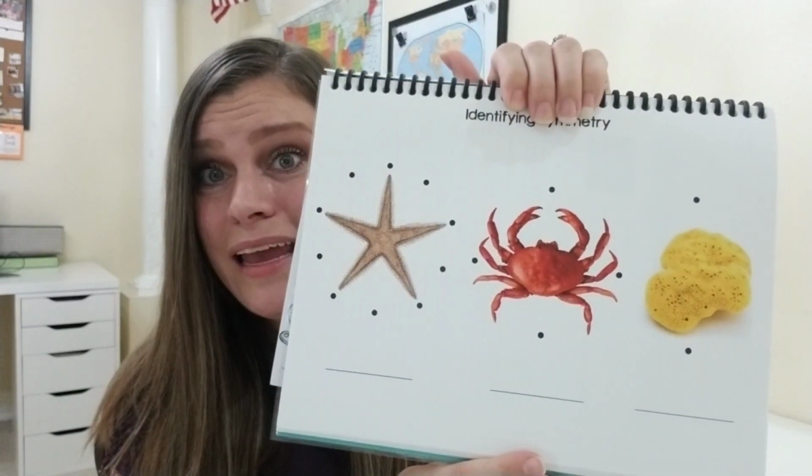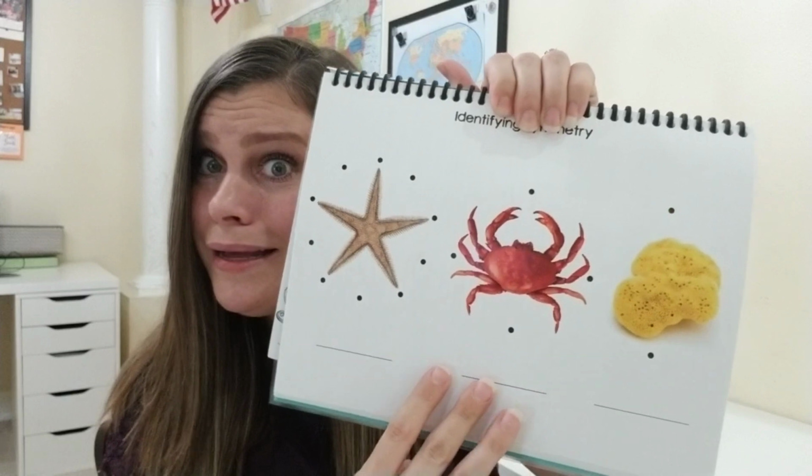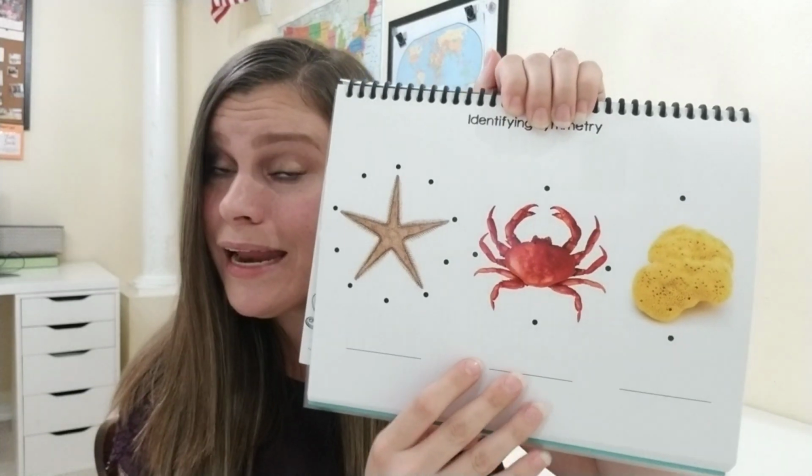Like, look at this photo, okay? I have a pretty good printer, but it's probably not going to print this good, and I'm not trying to use up all my ink. What I did is I just laminated the cover and then spiral bound it, and I actually cut out a piece of cardstock to fit this and laminated this so it has a front and a back